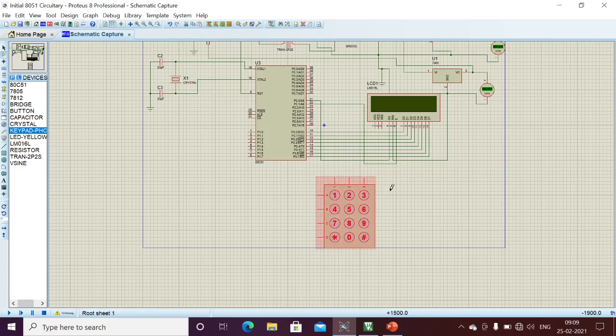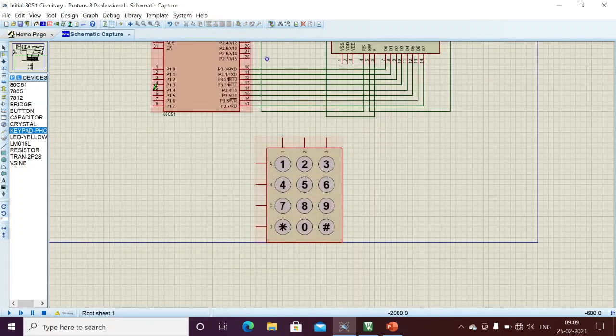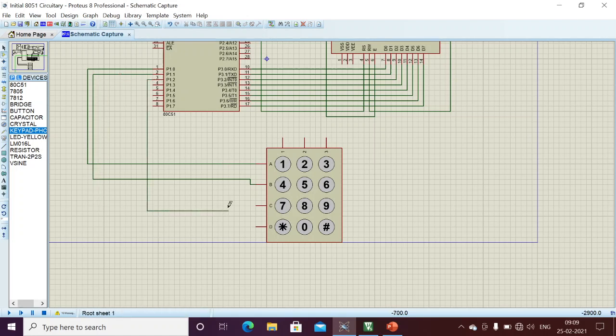Here we have 4 rows and 3 columns, totally 7 pins. P1.0 I am going to connect to row 1, P1.1 I am connecting to row 2. Similarly, row 3 I am going to connect to P1.2, and row 4 I am going to connect to P1.3.